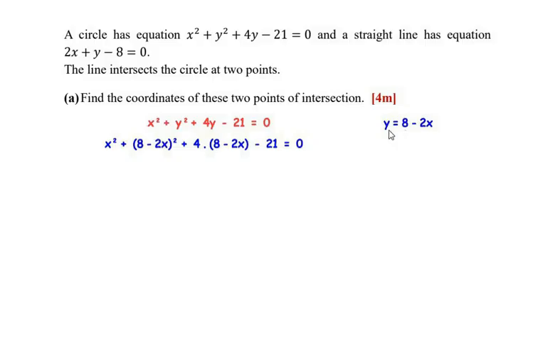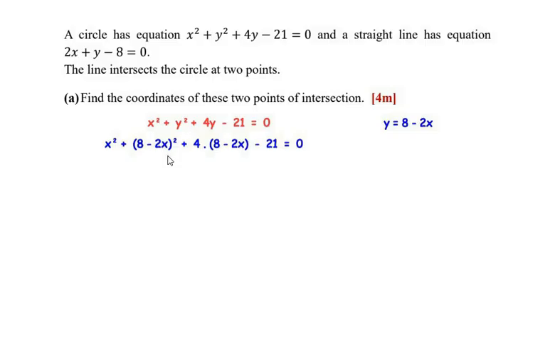So now once we get y equal to 8 minus 2x, we get the equation of the circle as x square plus y square becomes 8 minus 2x the whole square plus 4 times y is 8 minus 2x minus 21 equal to 0. Now let us expand this bracket, and to expand this we are going to use an